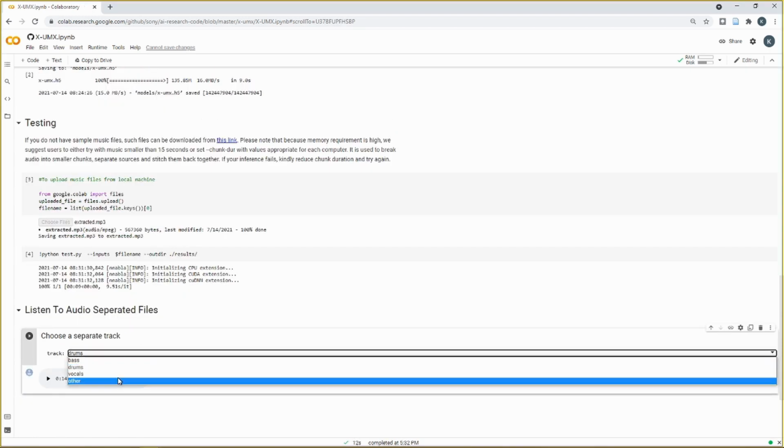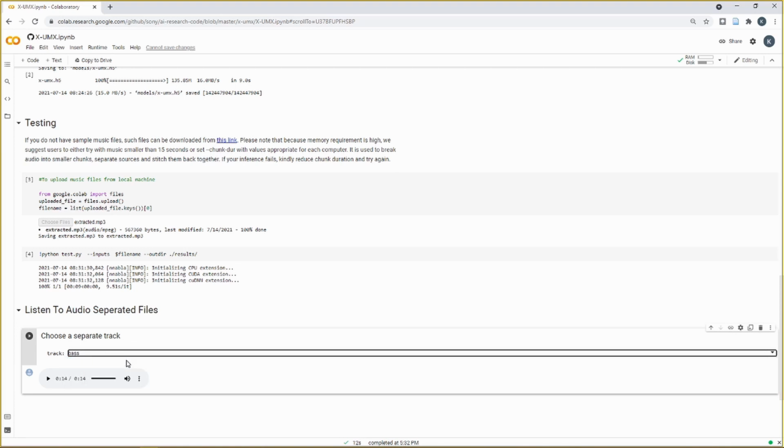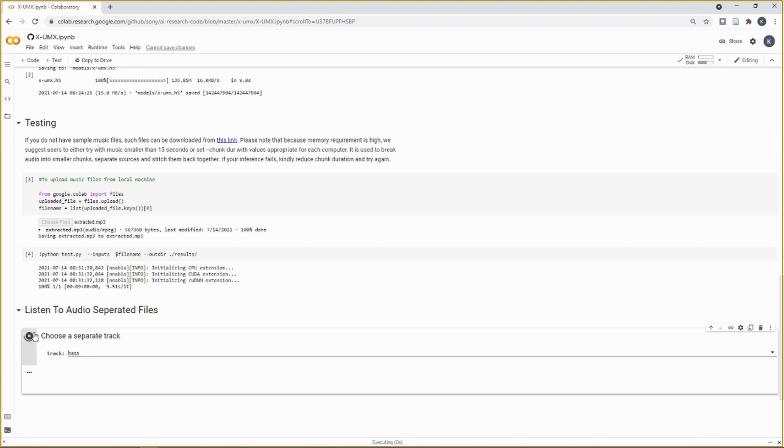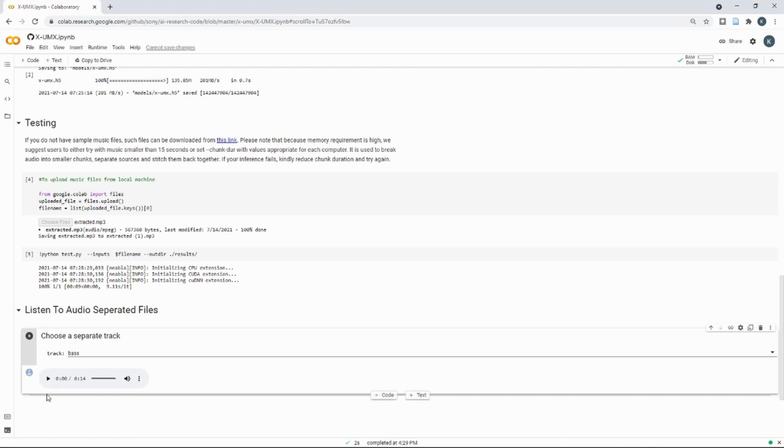Now let's listen to bass. So bass separation also seems good.